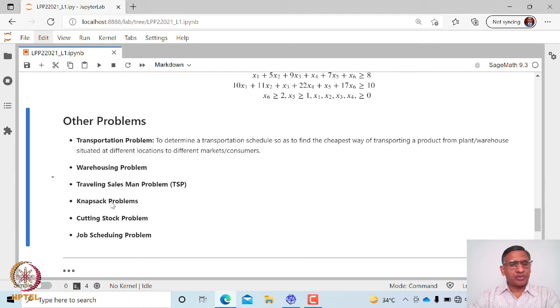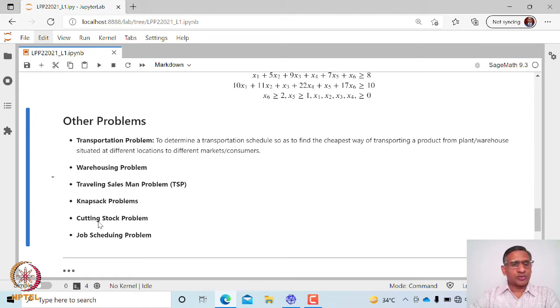Similarly, you have the knapsack problem. Think of, let us say, you are going trekking, and you have a certain bag which you have to carry, and certain items you want to carry. Each item will have a certain value in terms of your satisfaction level or in terms of survival and things like that. So the question is, what items should you carry in your bag so that you get the maximum value? Of course, you can't carry everything because there is a maximum load that you can carry. So that is what is called the knapsack problem.